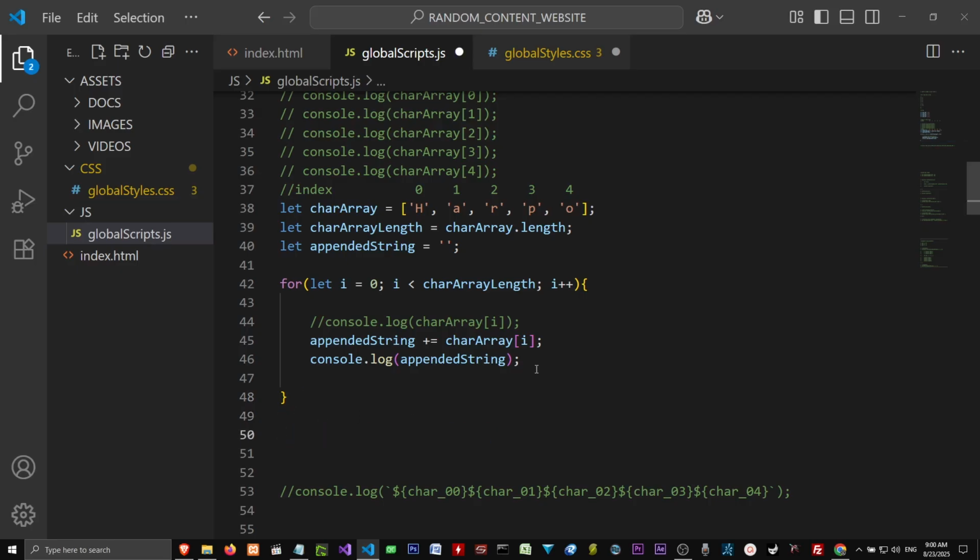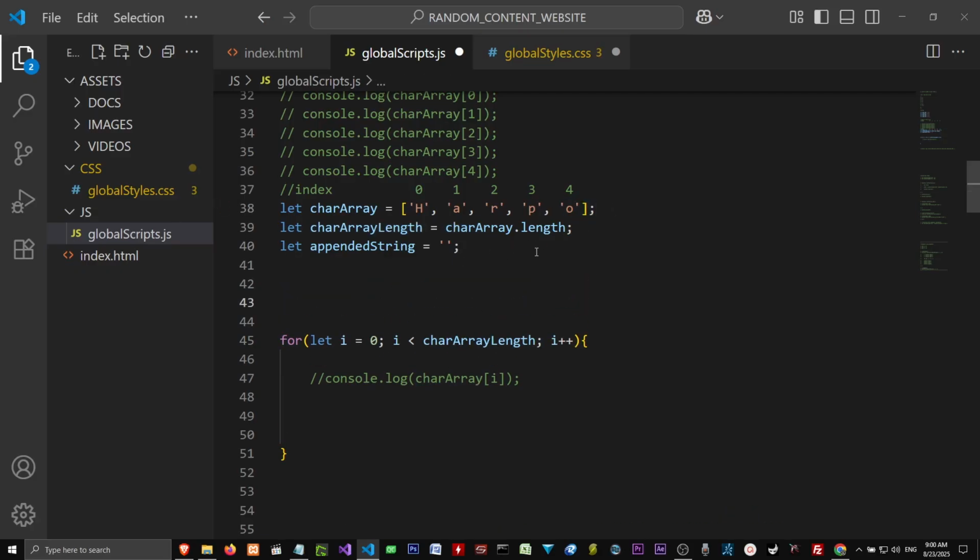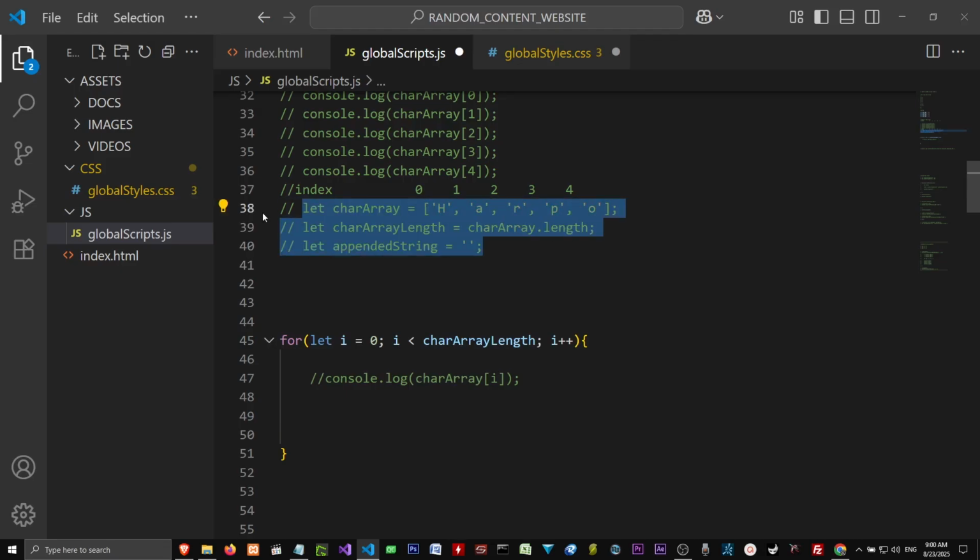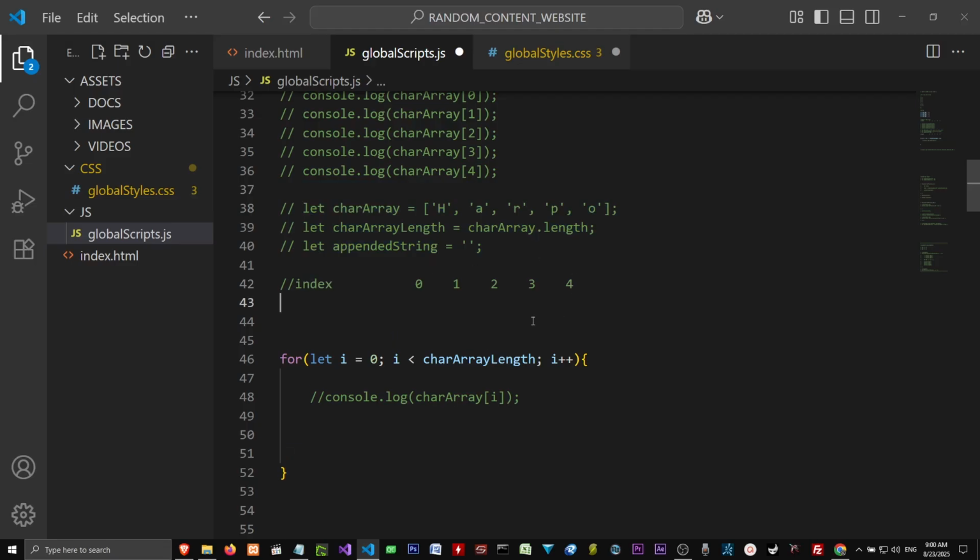Let's go ahead and clean up some code here. And I'm going to go ahead and comment that out. And then let's move the index down here. And so let's do something mathematical. All right. So let's say you run a business or something and you want to add up a bunch of numbers, right? Because you want to find out how much money you made. So let's go ahead and say, let array sales equals,